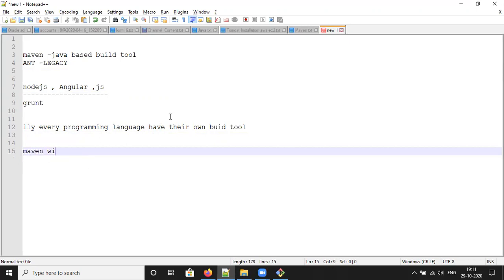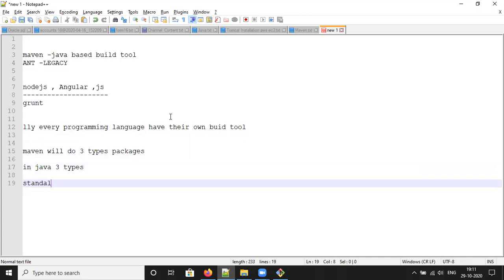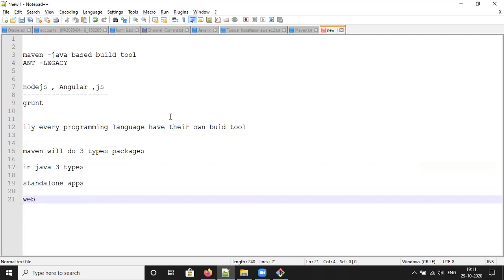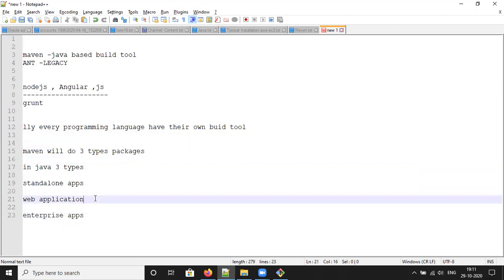So in Java, we can develop three types of applications: standalone applications, web applications, and enterprise applications. Each application has its own package.